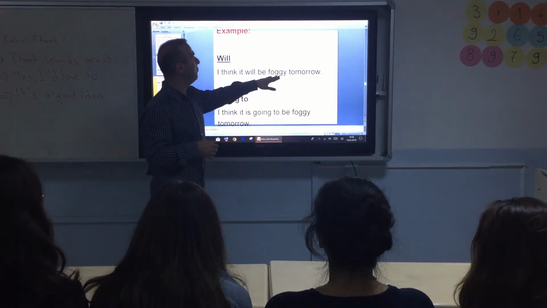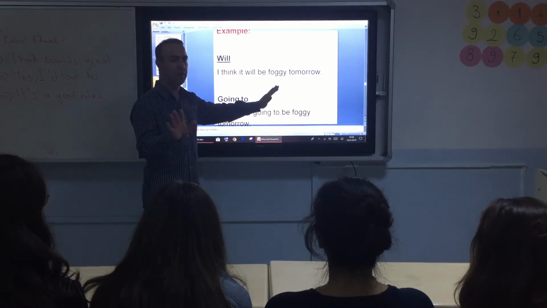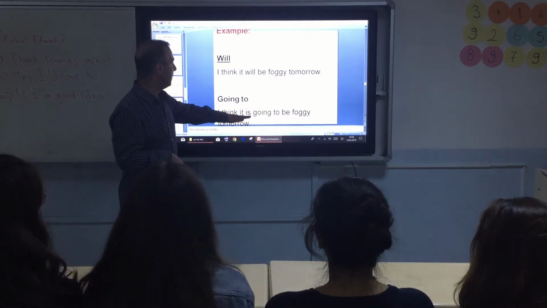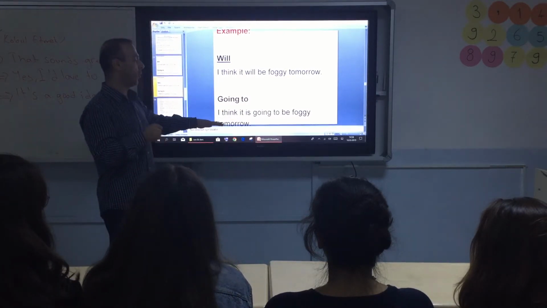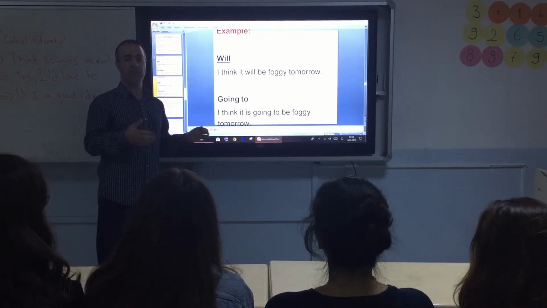I think it will be foggy tomorrow. There is no evidence. This is just a prediction. We can use I think it is going to be foggy tomorrow. This is the similarity of both these structures.